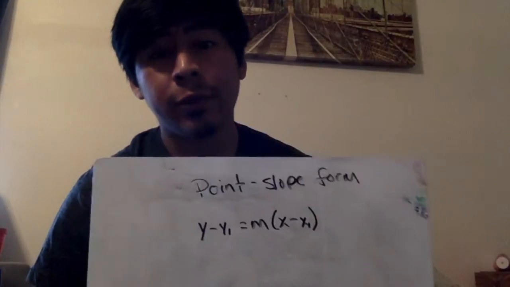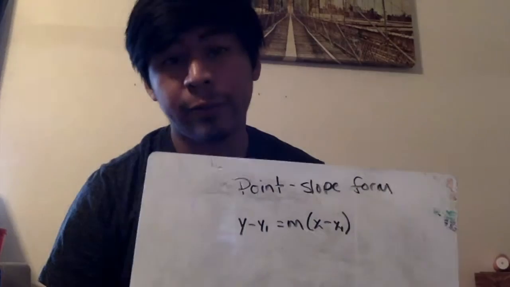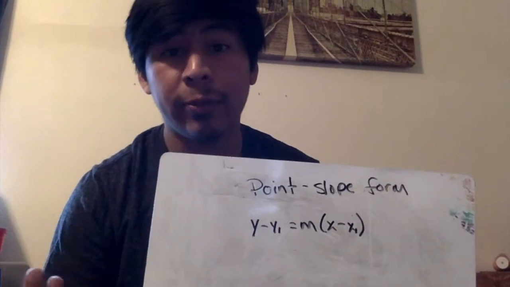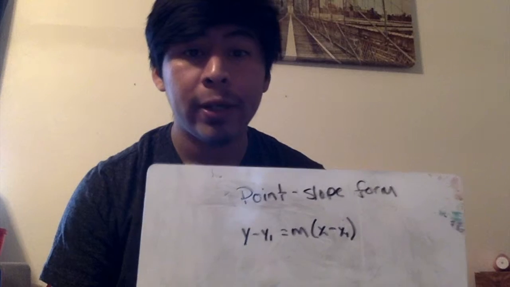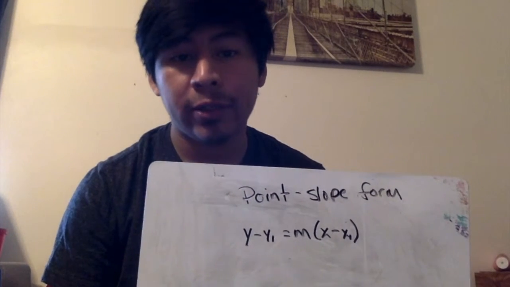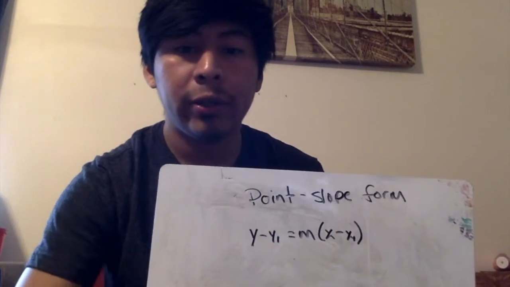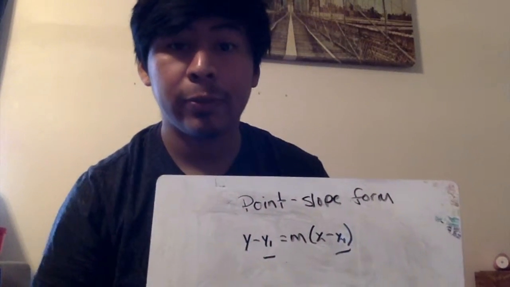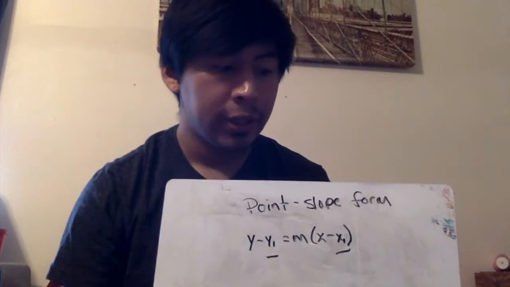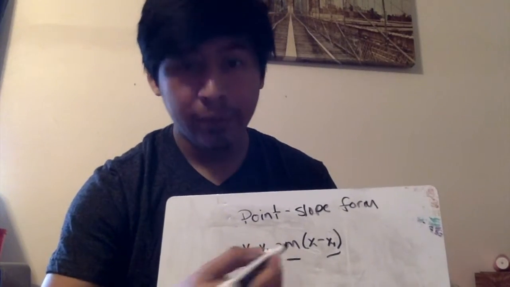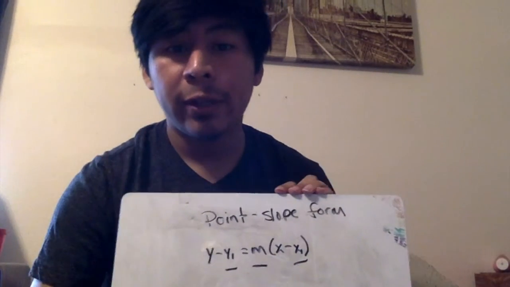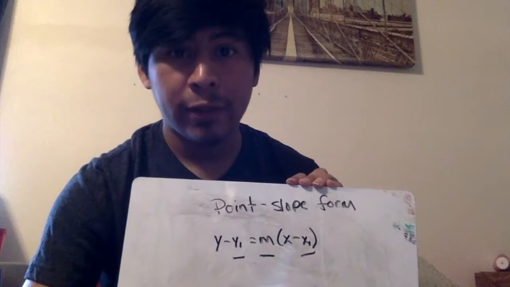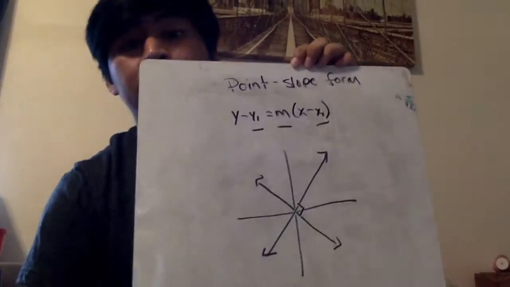Another thing you should be familiar with is the point slope form, which says y minus y1 is equal to m times the quantity of x minus x1, where y1 is what you plug in and x1 is what you plug in when you have those numbers. Again, m is your slope. Something that I want to point out here is that if you have a perpendicular line, some function like that,